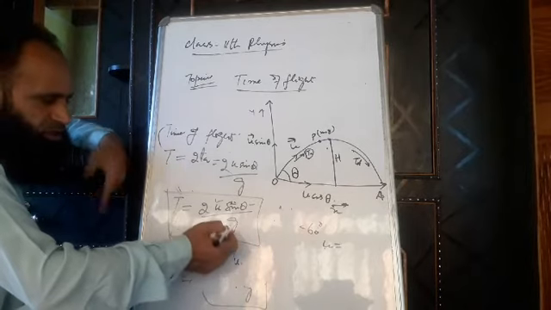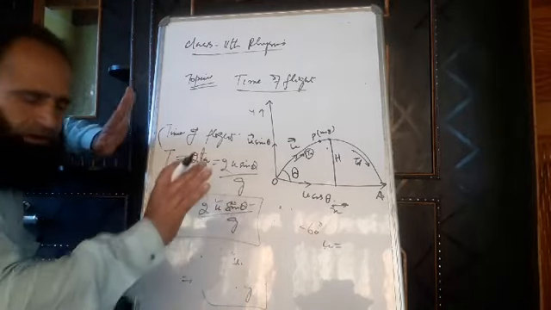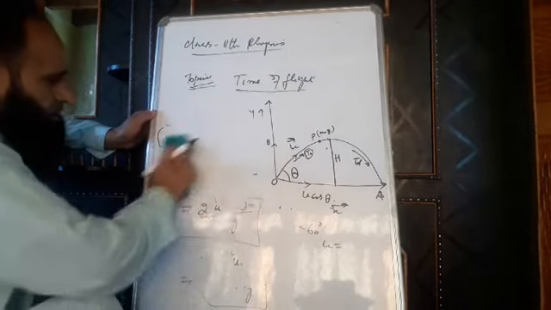Find the sine of 60 and divide by g. We know g is 9.8 meters per second squared. We can find the time of flight. Okay, let us take another